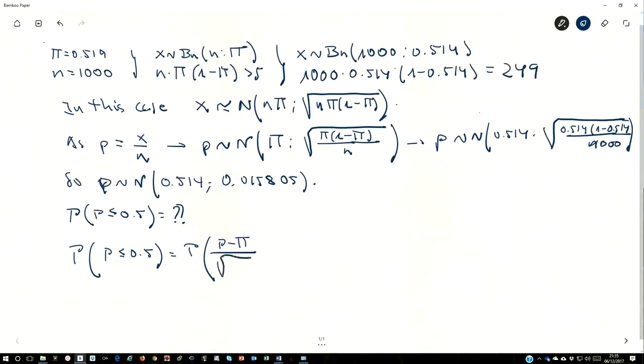So if we standardize both parts of the expression, on the left side in terms of letters and on the right side in terms of numbers, we will have on the left side p hat minus p divided by the square root of p times 1 minus p divided by n, and on the right side, lower than or equal to 0.5 minus 0.514 divided by the standard deviation that is equal to